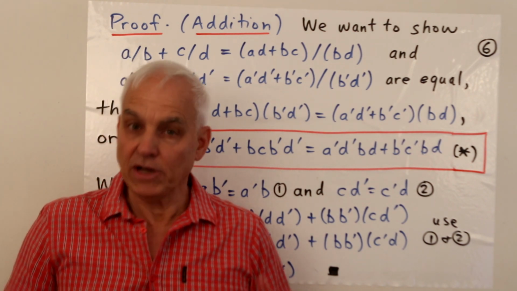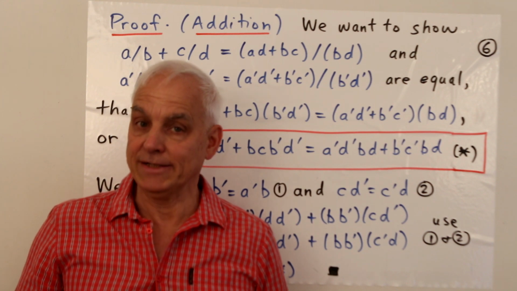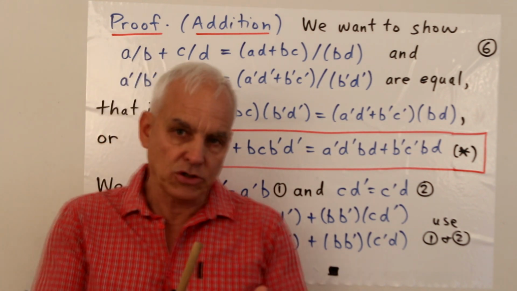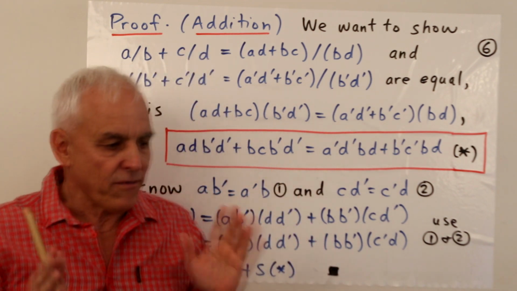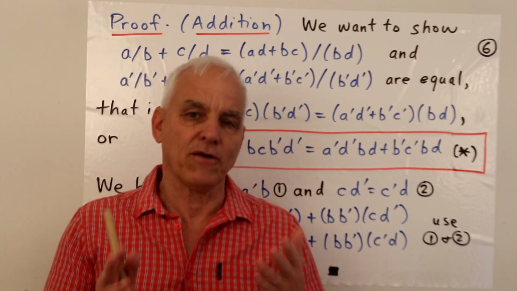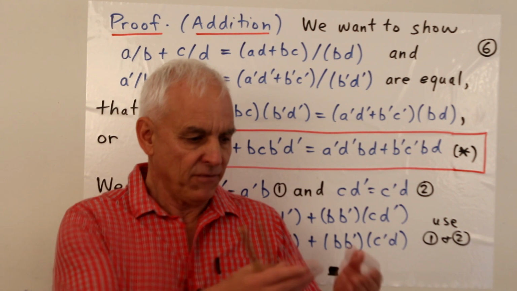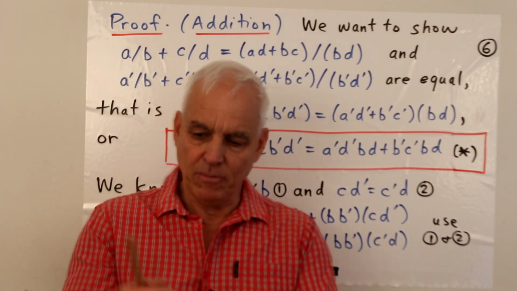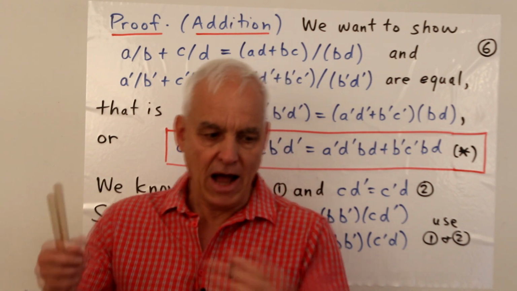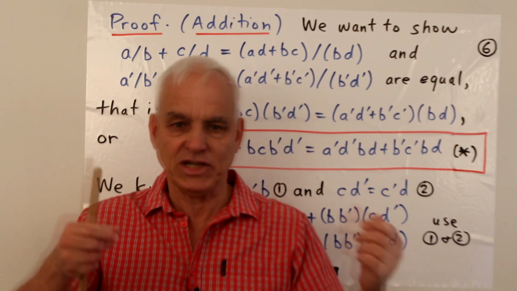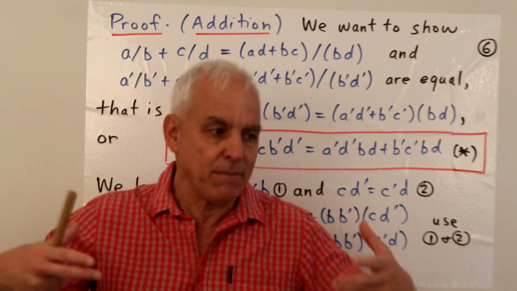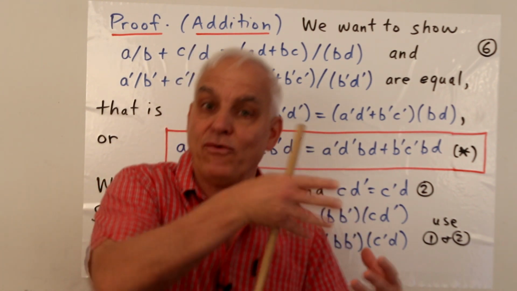Now, this is not really hard, but it's not really easy either. And so you see that there's an interesting logical question. When you were learning fractions, did you ask yourself this question? We have these multiple ways of representing a fraction. We have these multiple ways of representing another fraction. How do we know that our procedure for adding or multiplying these two things is independent of which representative we choose?